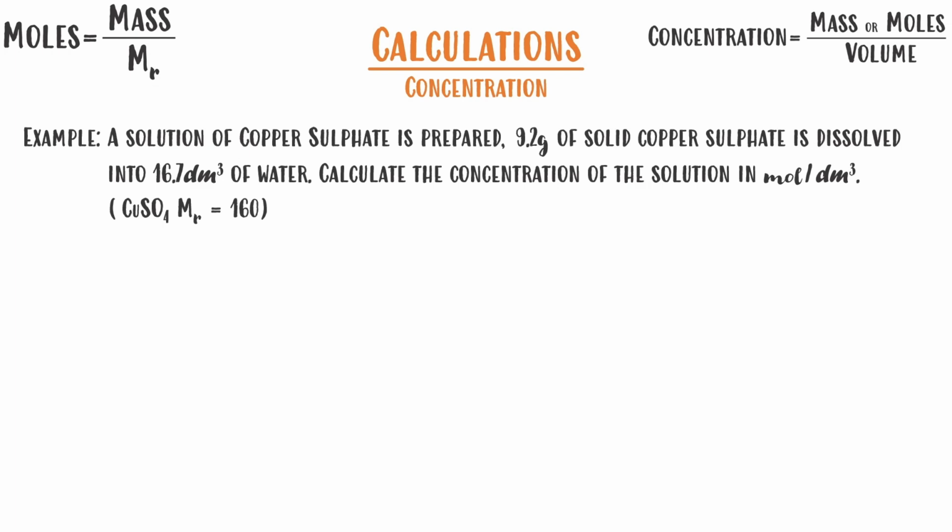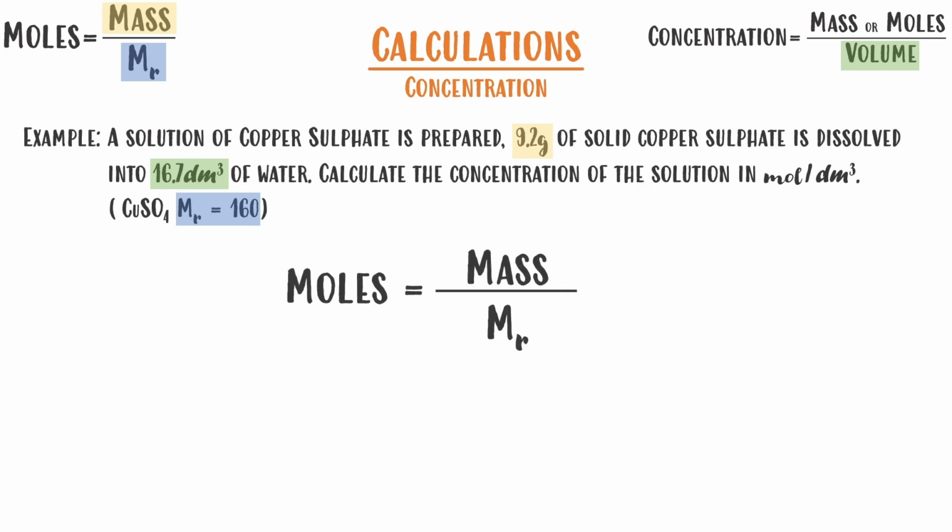What I like to do in these calculations is first highlight the key information I'm given. In this case, I've got 9.2 grams of mass, and I have 16.7 decimeters cubed of water, our volume. And lastly, I have an Mr, which is 160, and this is for copper sulfate. Now, the only thing I can calculate is the moles. I have both the mass and the Mr, and I just substitute those numbers in. So I'm going to do 9.2 divided by 160 to give me